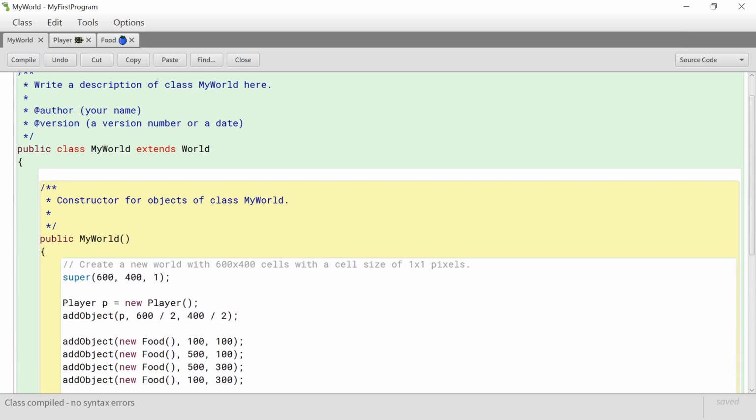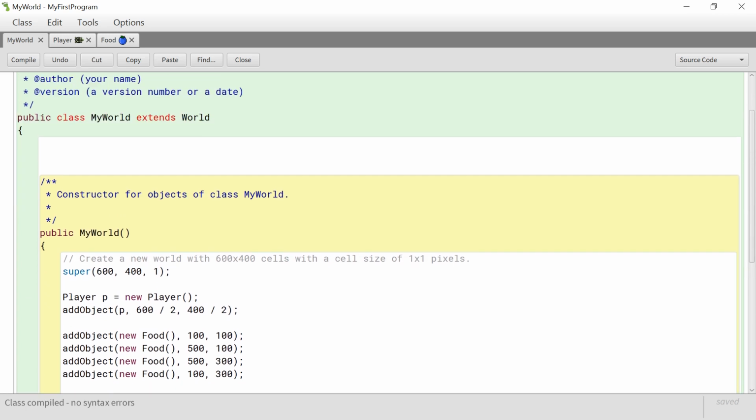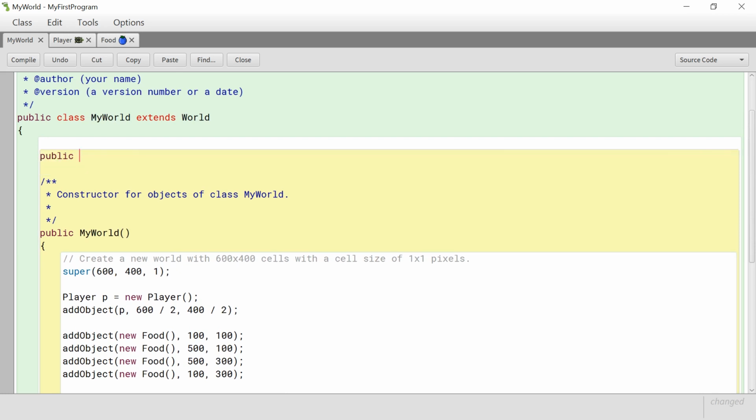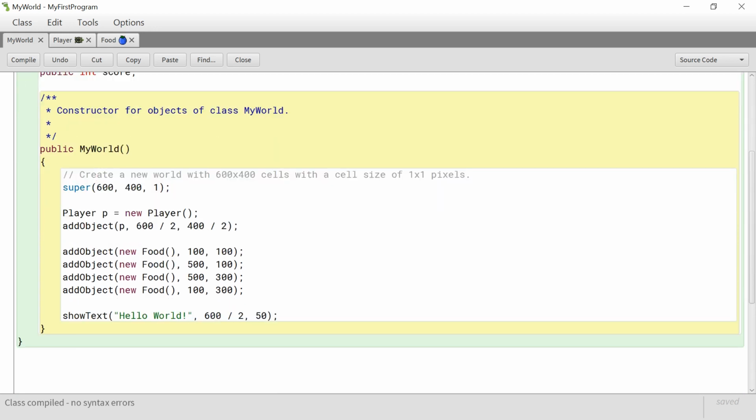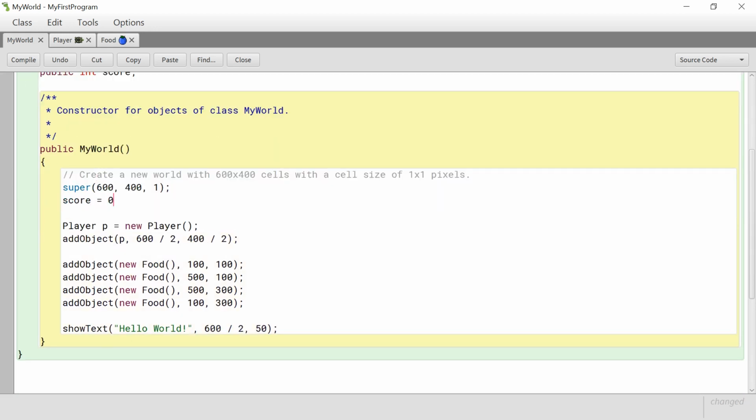So we're going to create a variable here, and it's going to be called public int score. And we don't need to initialize it quite yet, but what we will do is we'll say score equals 0 right after we create this world,